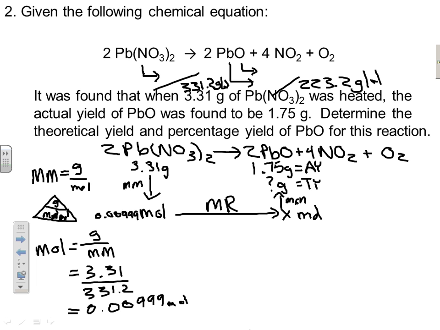Which means x over 0.00999 is equal to x over... this is equal to 2 over 2. That's handy. It didn't matter, right? 2 over 2. And therefore, x is equal to the same thing. So this is going to come up here. Remember the opposite operations. 2 divided by 2 is 1, right? So we get